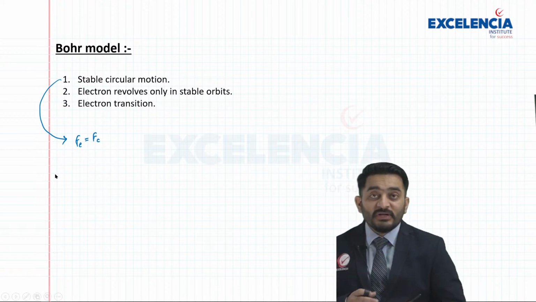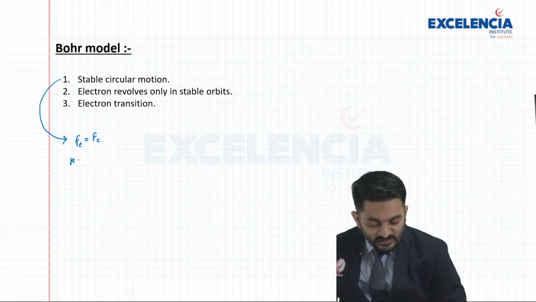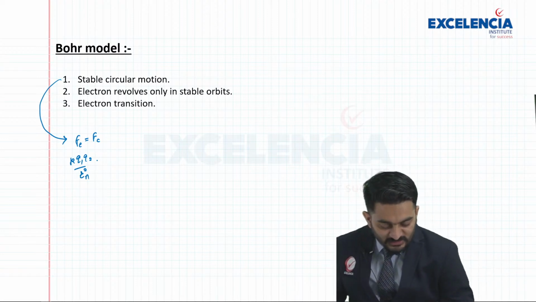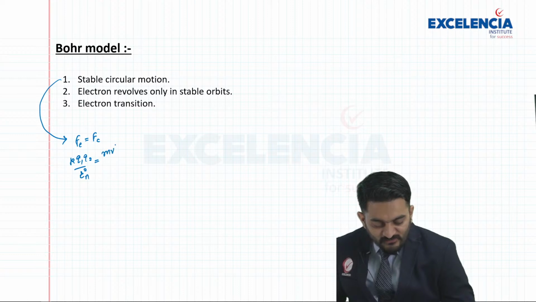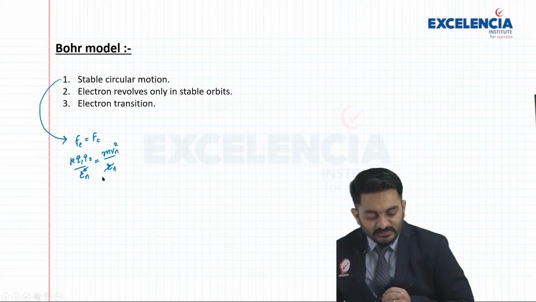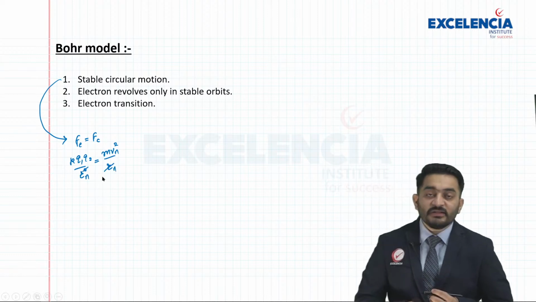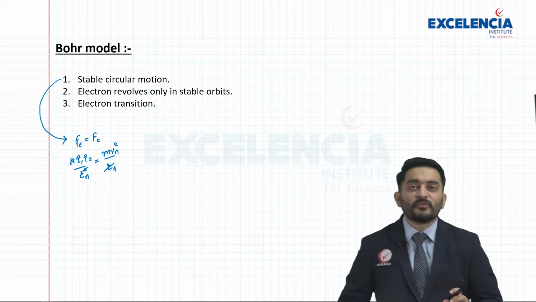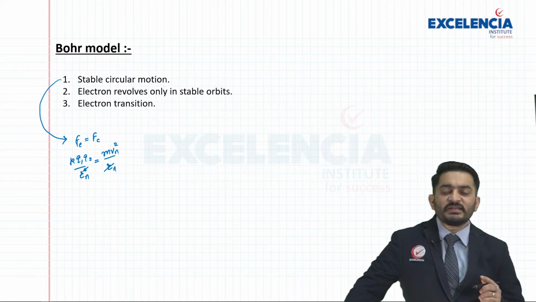So here when you talk about electrostatic force, which can be written as K Q1 Q2 by R square, if I talk about nth orbit, this will be a general formula. Centripetal force is something which can be written as mv square by r. What you need to remember is that this square and r will get cancelled, and you can simply relate this formula over here, that electrostatic force is going to provide this centripetal force, and that's the reason the electrons